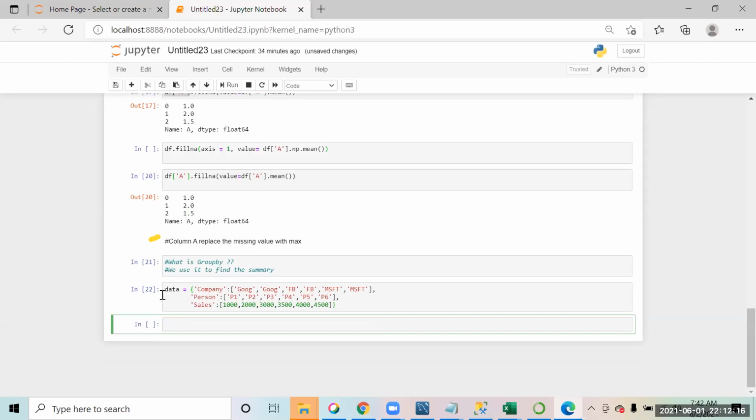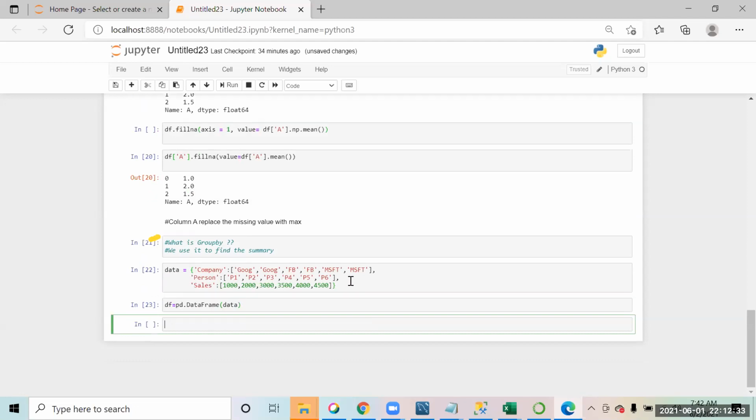Okay, so this is a data set. So what we'll do is convert it into a data frame. Let's make it a data frame. Data frame equal to pd dot DataFrame, data.